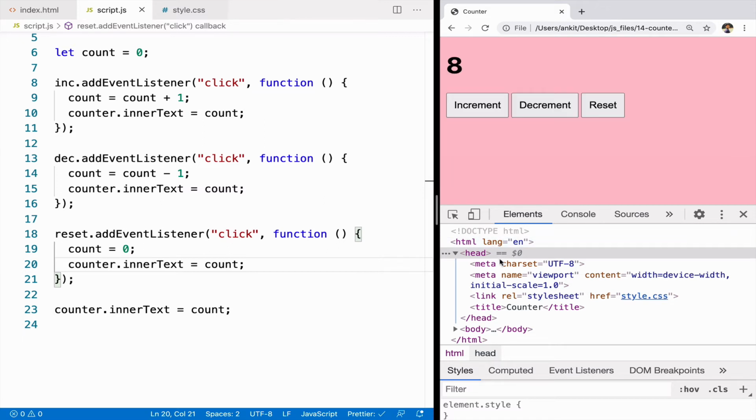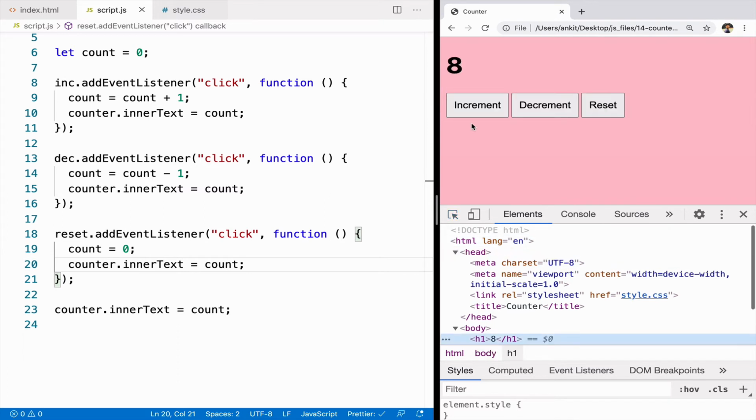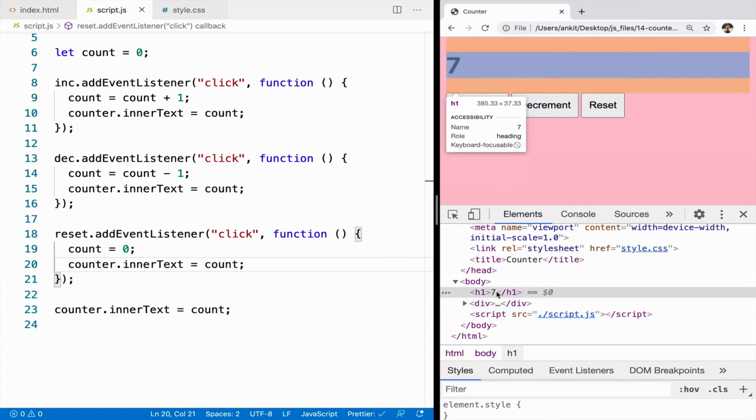Now if the value is 8 and we go ahead and change this value of 8 to something like 899 and we click on decrement, the value will go down from 8 to 7, not from 899. So in this way we have fixed our first fundamental issue, that is our next value depending on the DOM that can be changed by any user. So let's go ahead and look at the second problem here.